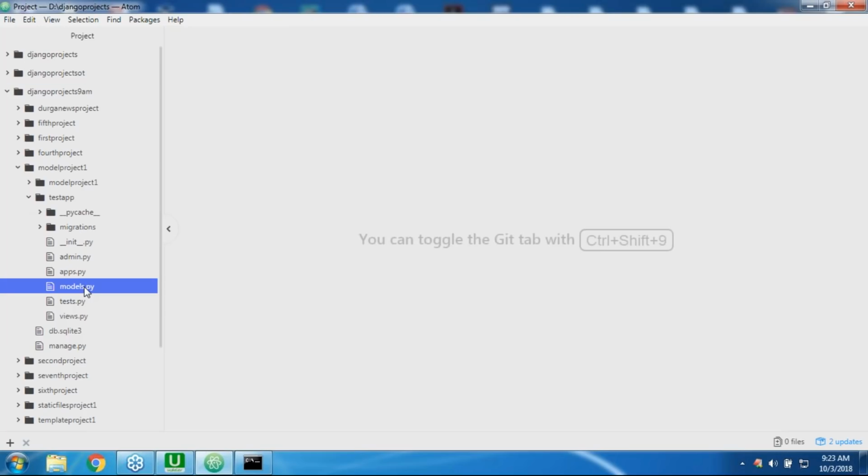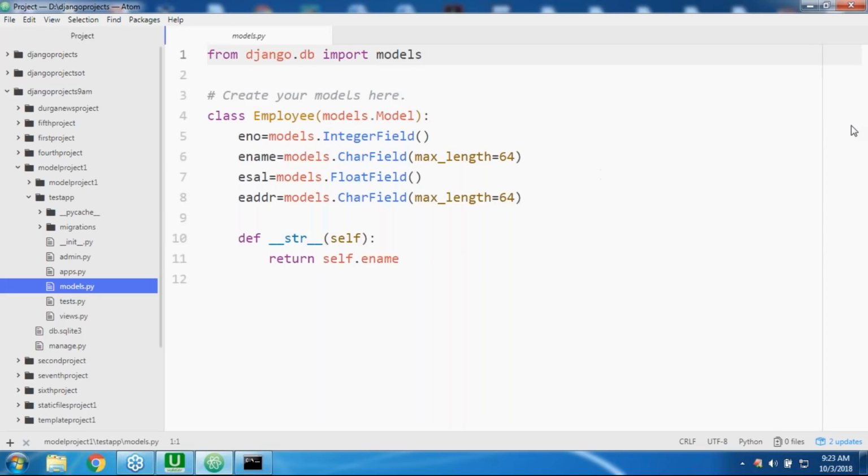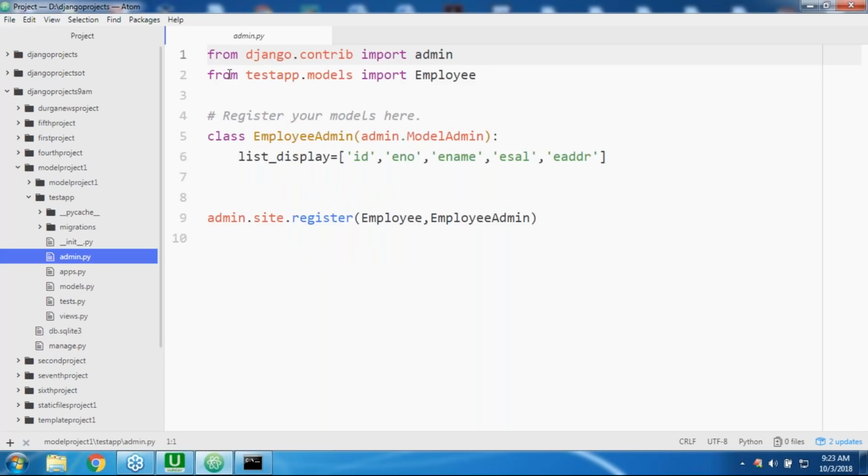First, I define the model. Sir, have you observed, right? This is my model. Are you getting? I define the model. This is the model that we have. Next, after that, I register this model in the admin interface. Sir, do you remember? Even this part I discussed already in the last session. Even this one I discussed also. Next, after completing that, sir, what we did is make migrations, migrate,